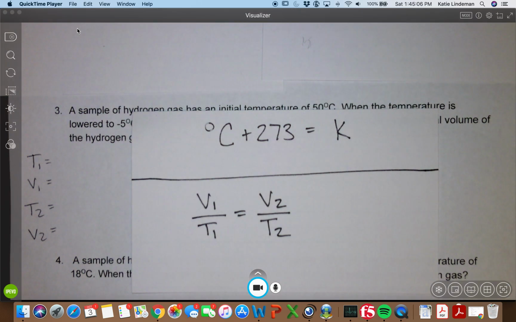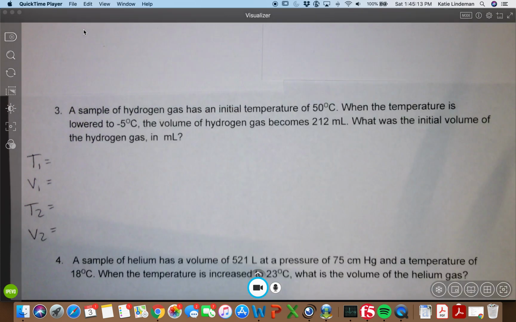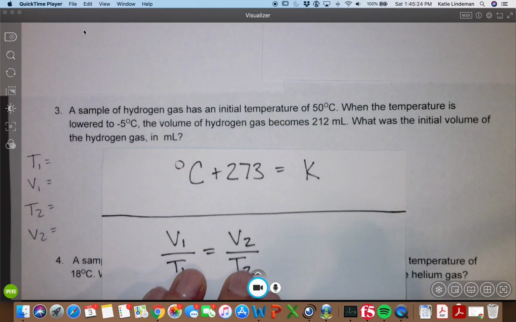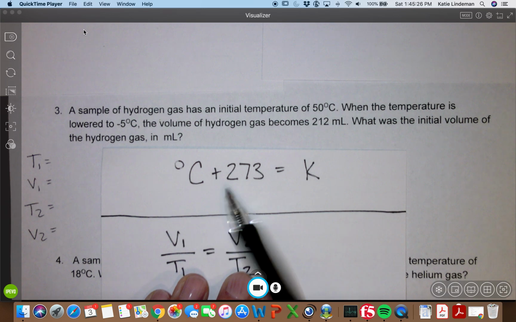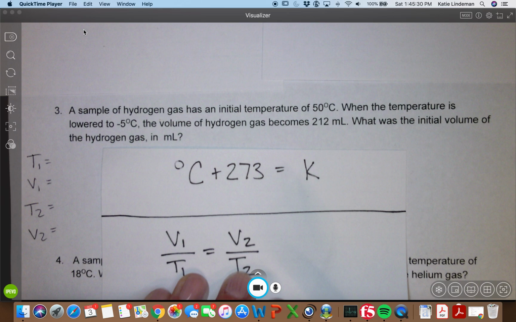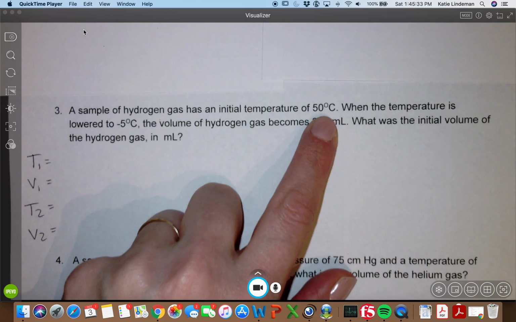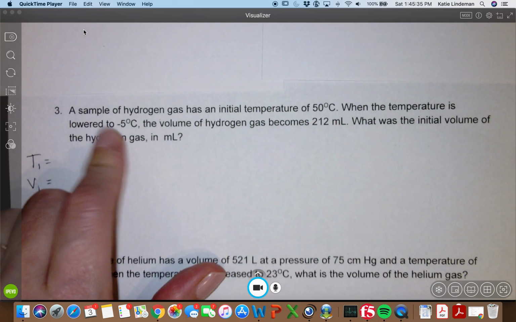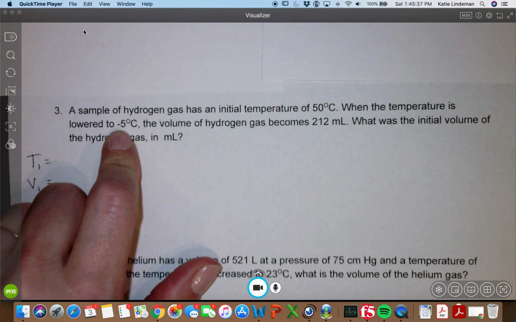Okay, so I'm going to now work through number 3. Again, we have this conversion and this formula. So the first thing I want to do is double check to see if I have any degrees Celsius. And I actually have 2 different values that are in degrees Celsius, so I need to use this conversion. So degrees Celsius plus 273 gives me kelvins. So I want to go ahead and convert this 50 degrees Celsius and -5 degrees Celsius to kelvins before I